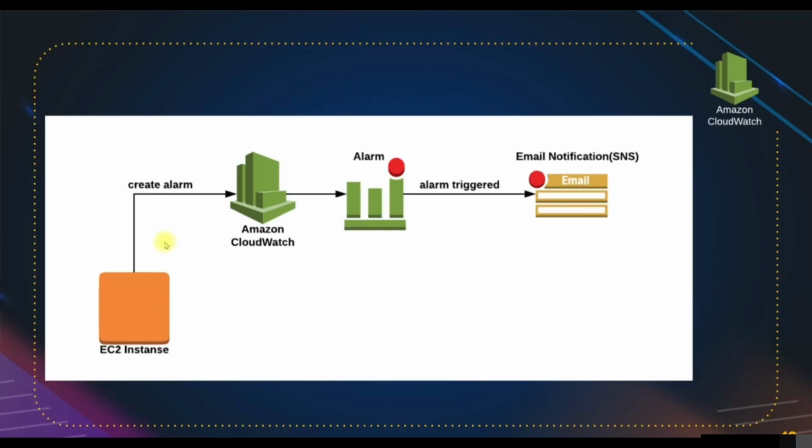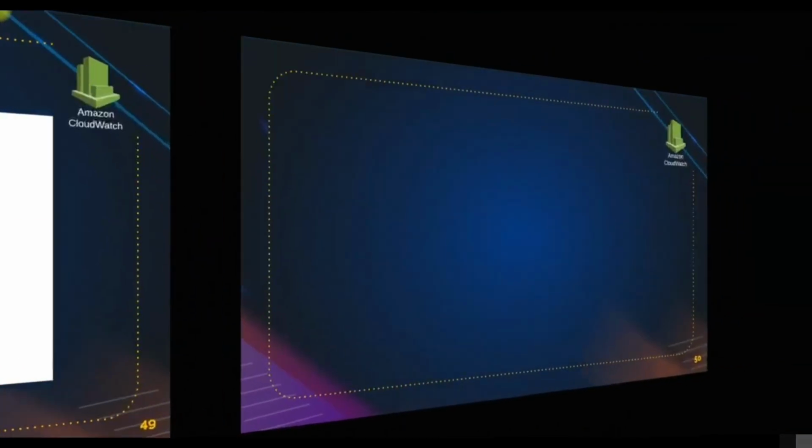We have an EC2 instance, and CloudWatch is collecting metrics anyway. We're going to set an alarm on that metric. We're going to say if my CPU utilization reaches a certain level, then it should trigger an email notification. So there are three services in play over here. EC2 instance that is generating the metrics, CloudWatch which is collecting the metrics, and we are setting alarms in CloudWatch, and then the SNS service. So EC2, CloudWatch, and SNS, in this example we are going to see together for CPU utilization email notification.